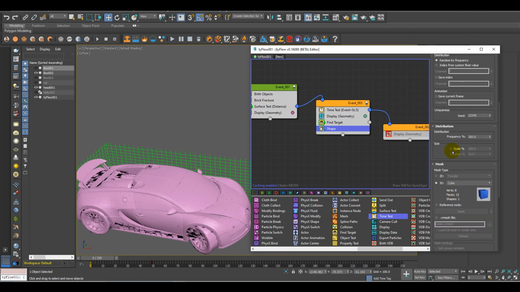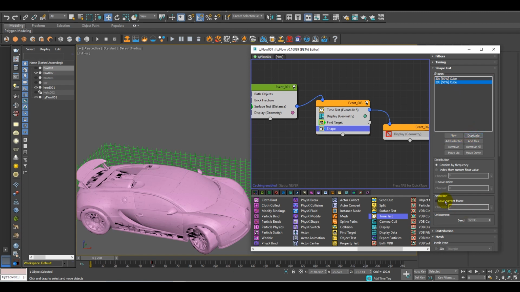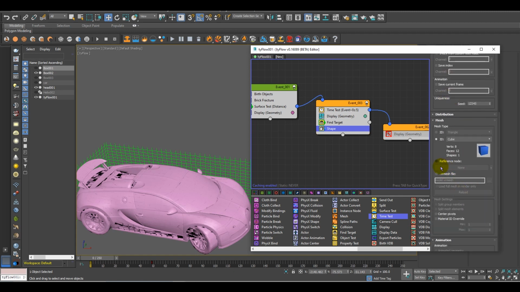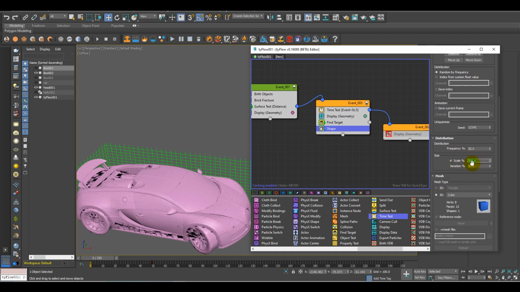Now in the cube I need to add a bit of randomness, so I will just keep the scale to around 500, and variation should be 30, and also I need the frequency to around 50, I guess. And let's duplicate this, as we have 50-50 frequency, and just change the scale to around 200 or something. So just go over here and just change the scale only. So let's change it to 300, I guess, and let's see.